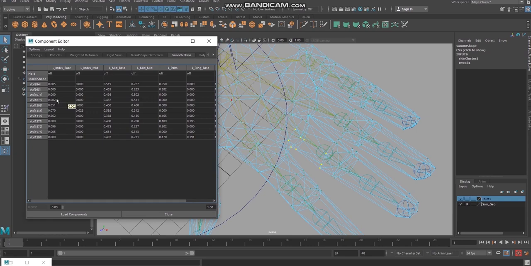So left index base, when I am making it 0 for these vertices, it is having some influence. This left index base is having influence on these vertices. I'm going to select it, make everything 0.